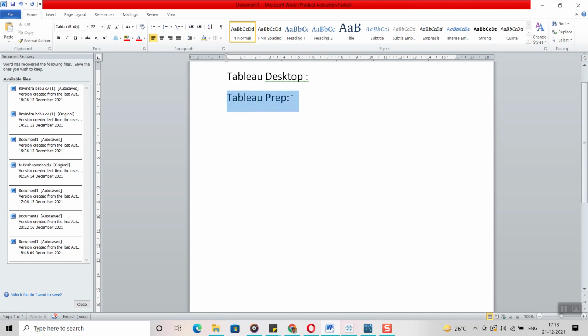Now from Tableau also we have an ETL tool, called Tableau Prep. By using Tableau Prep, we can connect to the source data, in the sense raw data. See, the source data will always be raw data, client data will be raw data. We are going to connect to the raw data and do some cleanup activities, and finally the output of Tableau Prep is going to be